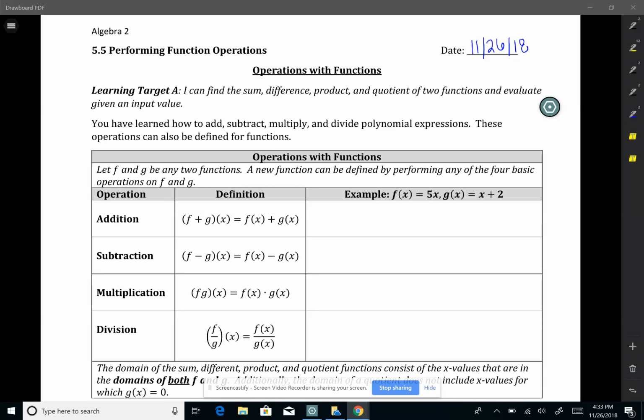Hey guys, welcome to section 5.5 called Performing Function Operations. So our learning target is I can find the sum, difference, product, and quotient of two functions and evaluate given